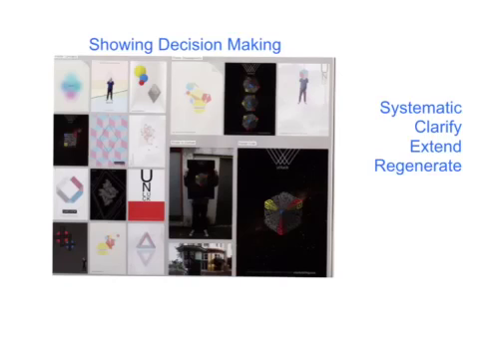This student has clarified ideas in their concepts, extended them through the developments, and regenerated them in their final design. Here we have the concepts on the left-hand side, the three developments on the top right, and the final on the bottom right with two in-context images in the middle. I'd like to talk about how the student has clarified selected ideas from their concepts and then into their developments